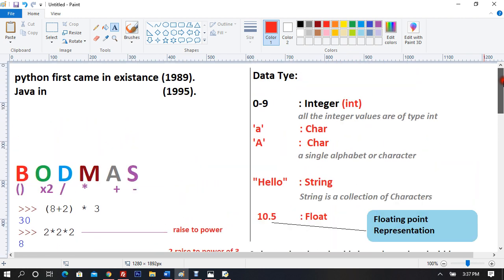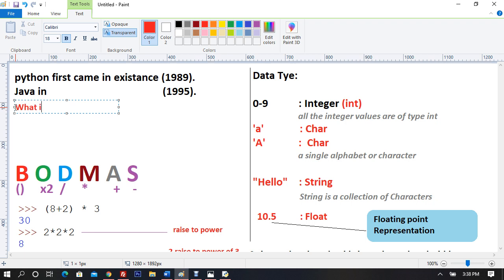We're seeing some data types, we're seeing BODMAS as well. Let me go back to theoretical. I told you that we'll be learning theoretical while doing practical, so that the session gets a bit easy and interesting. And what is Python used for? I'll write it down here. Look how I spell, I make a lot of spelling mistakes. What is Python used for? It is going to be fun.